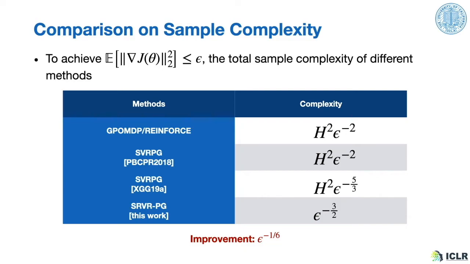Here, we compare the sample complexity of our algorithm with some existing methods, GPOMDP and REINFORCE, which are vanilla policy gradient methods. SVRPG is another variance-reduced policy gradient method which does not have the recursive structure used in this paper. It can be noted that SR-VRPG has the lowest sample complexity compared with all these methods. Due to the novel stepwise importance sampling techniques used in our paper, the sample complexity of SR-VRPG is independent of the episode length H, which is also a major improvement of this paper.